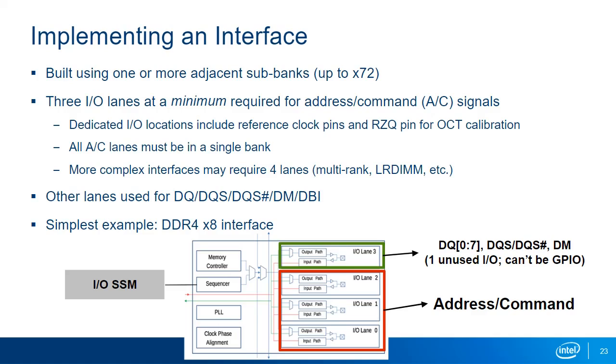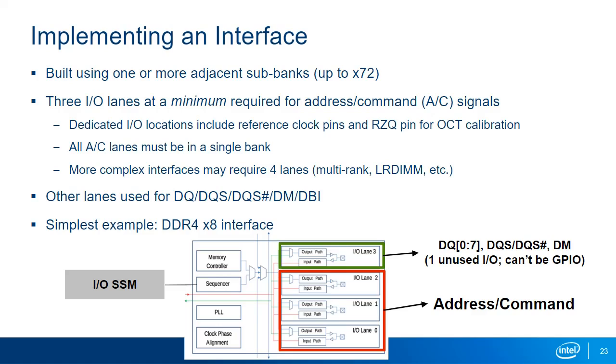Besides the standard address and command signals for the memory, the AC pins include the input reference clock pins and an RZQ pin for calibrating the on-chip termination block. Any I/O lanes not used for address and command signals can be used for data groups. These signals include the DQS and DQS# strobes, the DQ data pins, and the DM, data mask, or DBI,